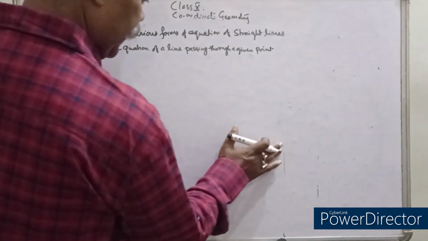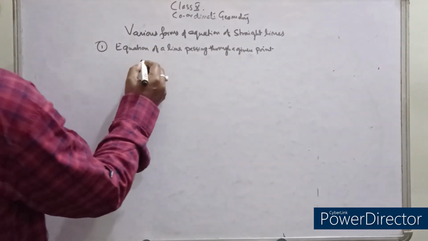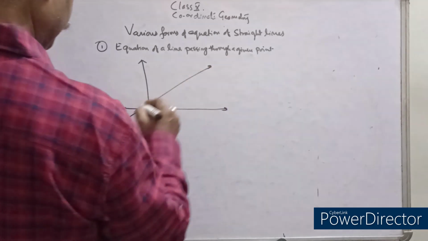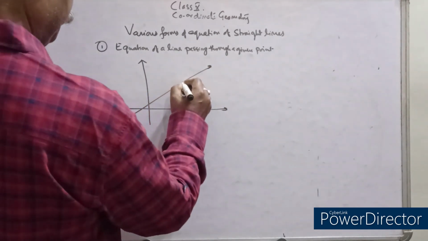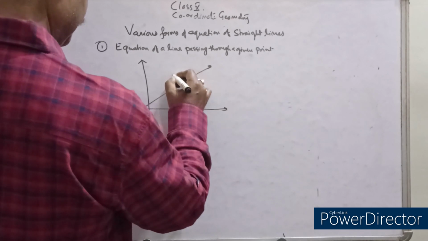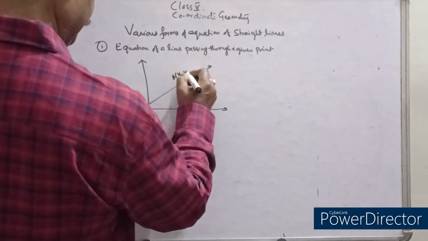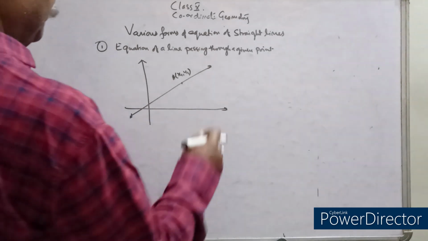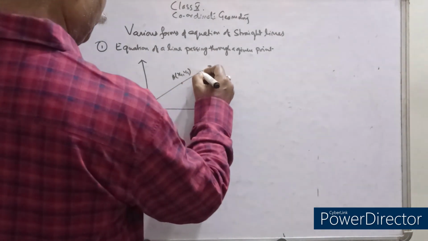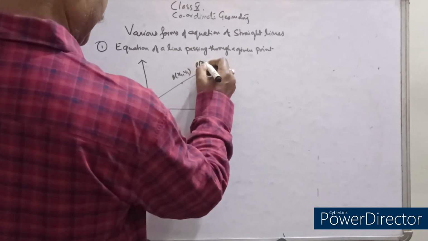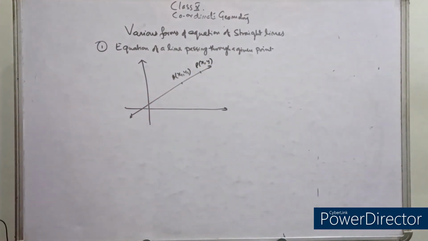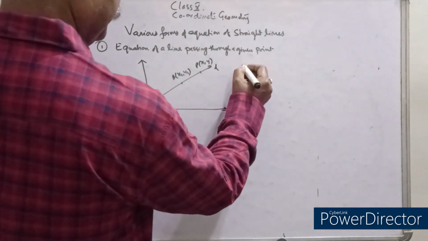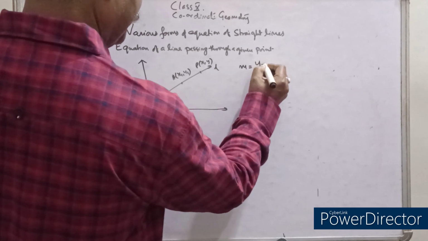So here you see this is the equation of a line passing through a given point. Let this be the point, say x1, y1. Now what I do here is I take an arbitrary point, say P, that is x, y. Now the slope of this line L will be m, that is y minus y1